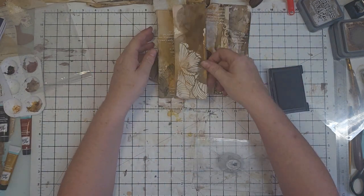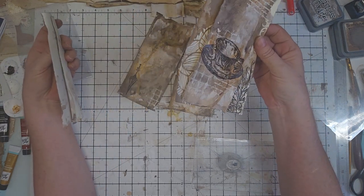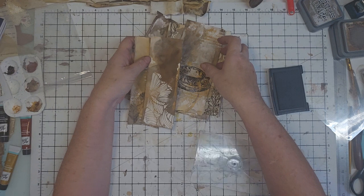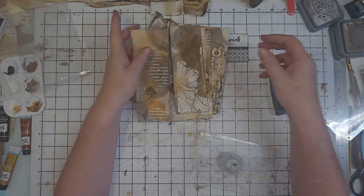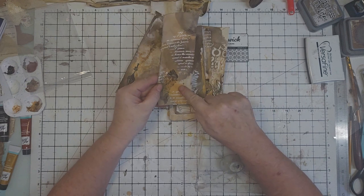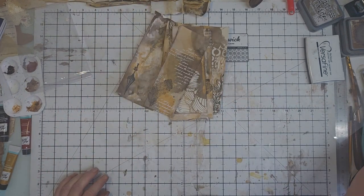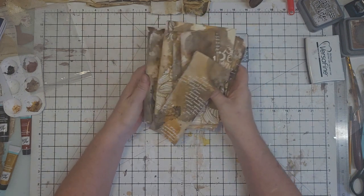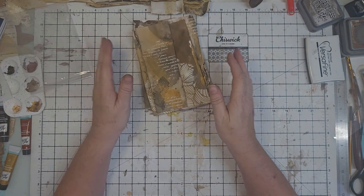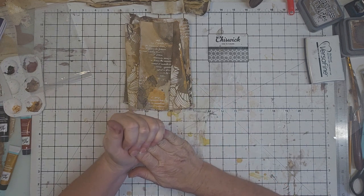I'm not going to stamp on that one. I don't have to stamp on all of them. Okay. I love this. It looks like the paper's rusted. Love it. It's that gold watercolor paint. Okay. What next? What next? What next? I think